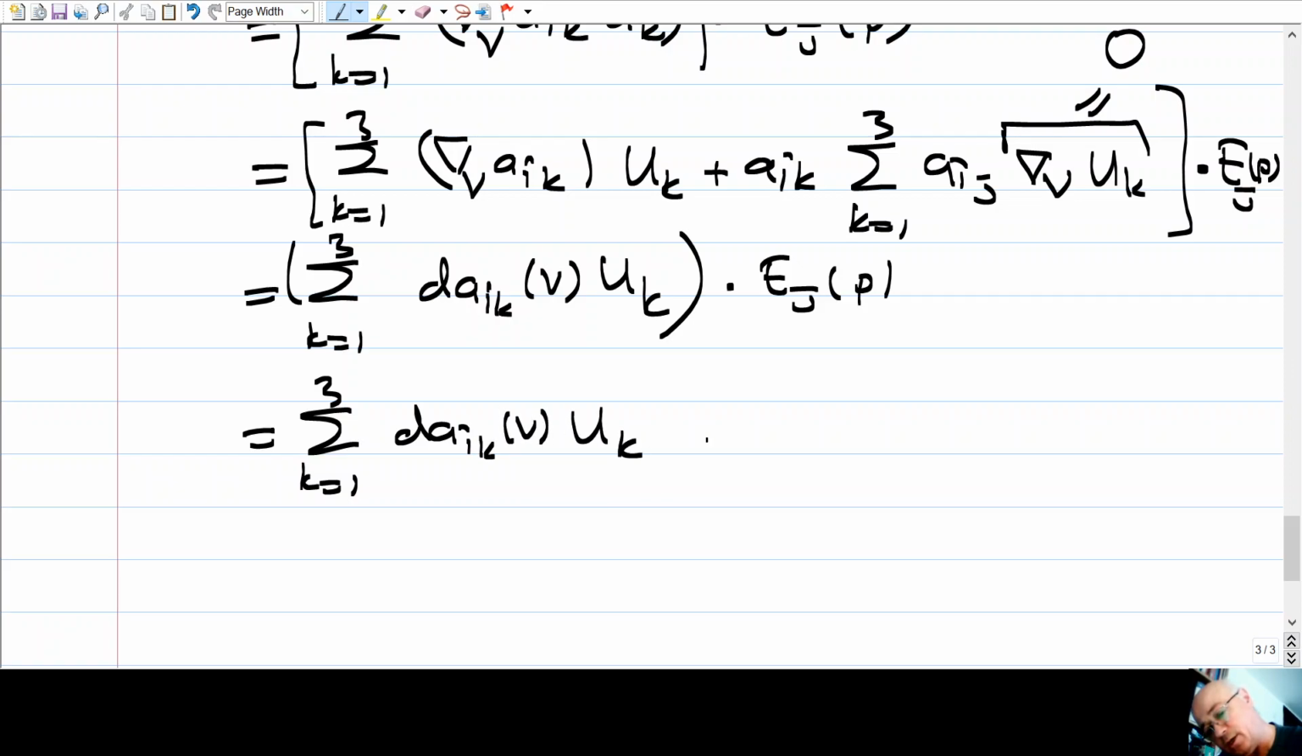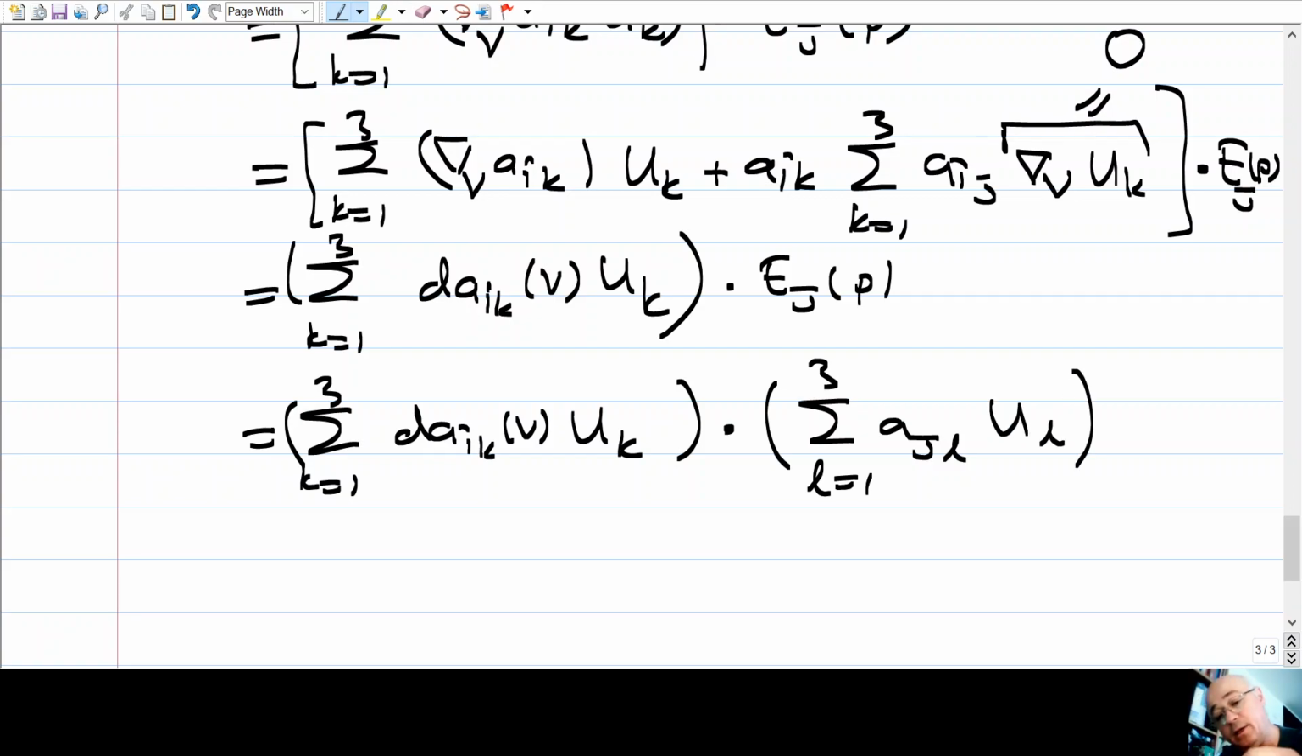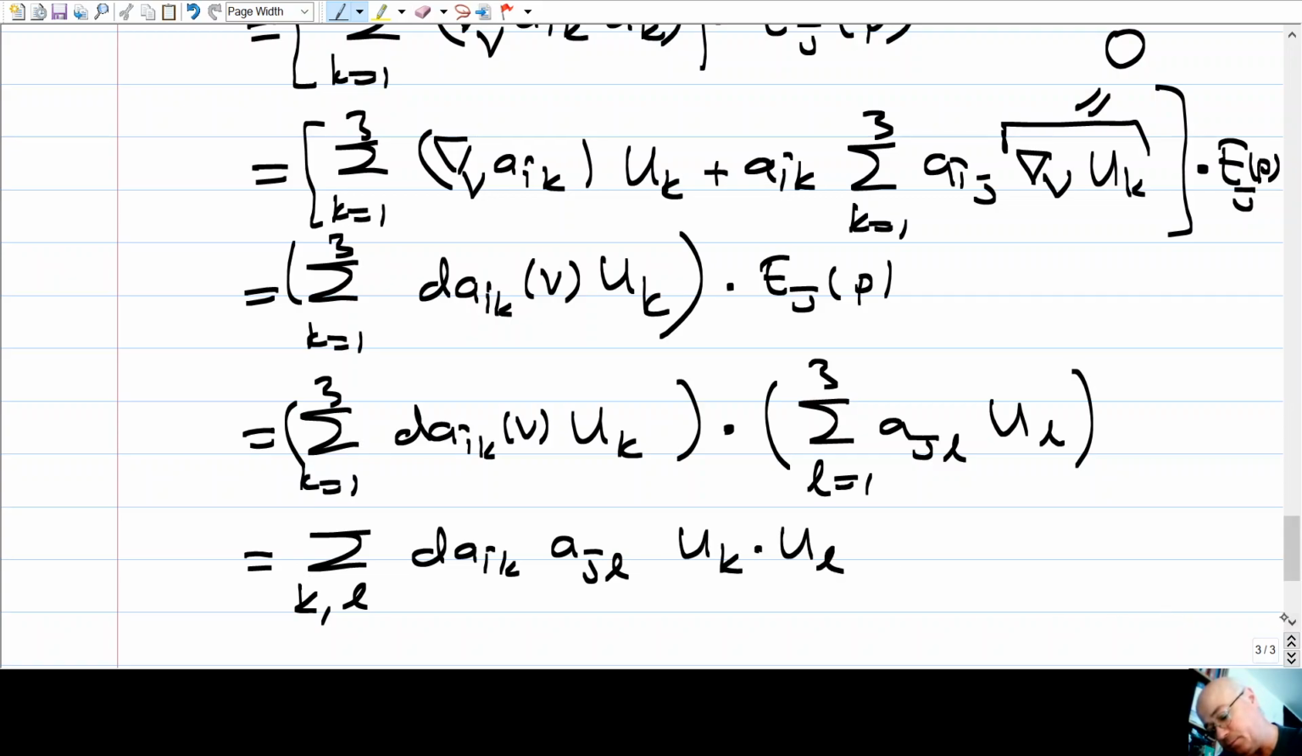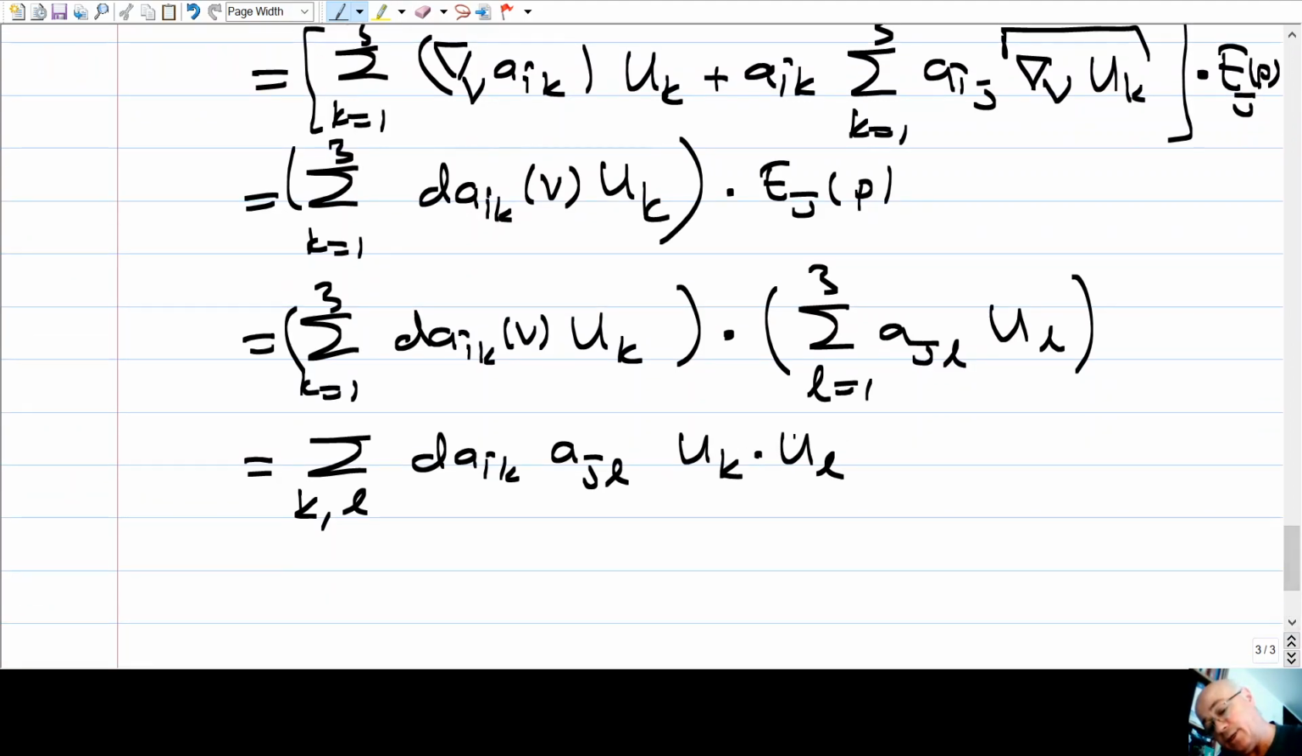DAIKV UK, and then dot product of this. What is this? This is just sum over L from 1 to 3, A, J, L, and then U, L. Okay. Well, this is just summation over K and L, and then I have DIK, DJL, UK dot UL. But we know that this thing here,